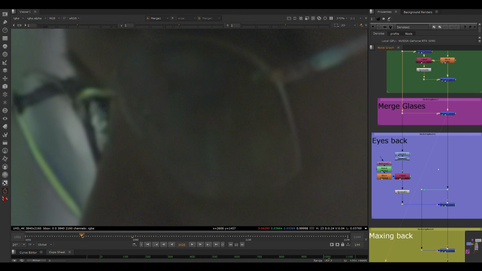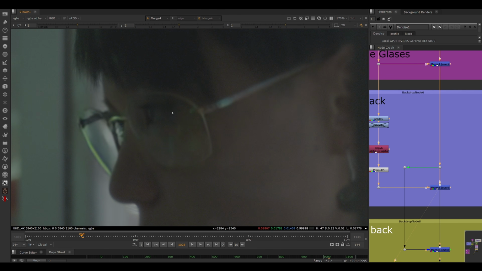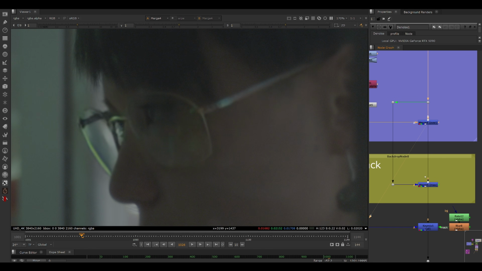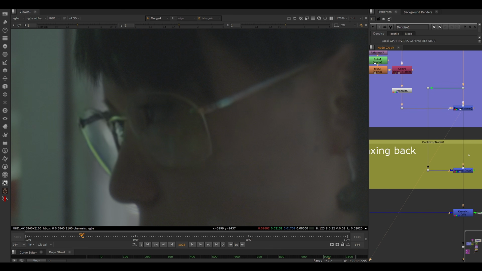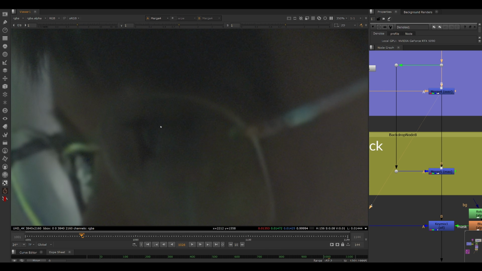So the next thing that I did here is to bring back the eye, and because we have the noise already, it's very easy, because we don't need to reapply it again. And when you add back the eye, what you lose is the reflection of the glass here. So I did a max operation here